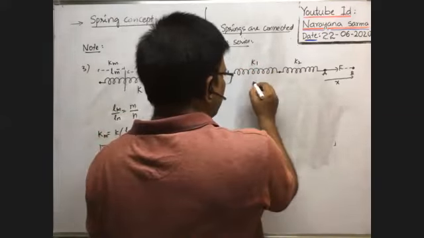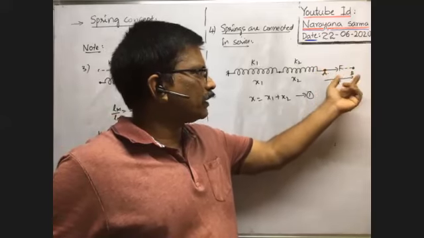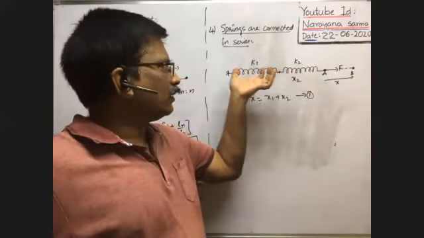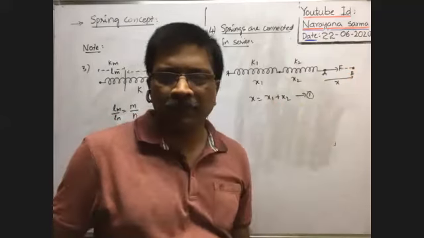This is equation 1. When two springs are connected in series like this, and you apply some external force on the system of two springs, the total extension of the combination is say X. The extension of the first spring is X1, the extension of the second spring is X2. Then the sum of the extensions of the two springs is equal to the total extension X.